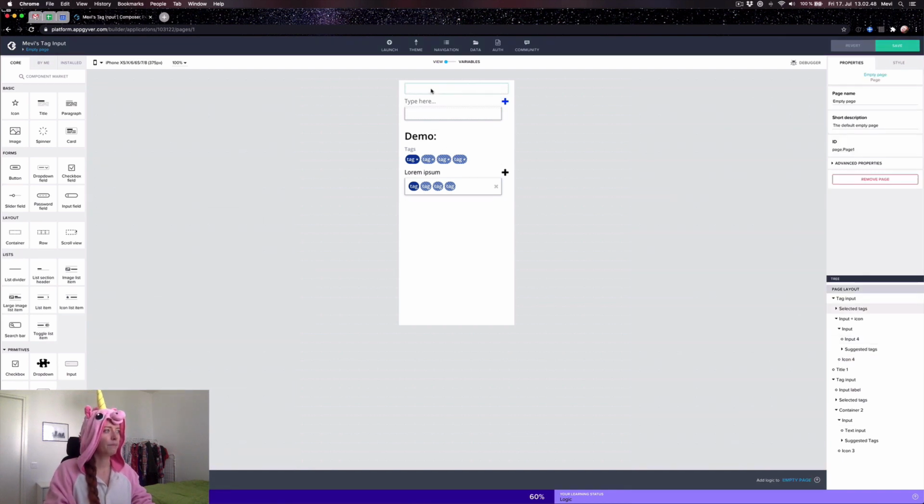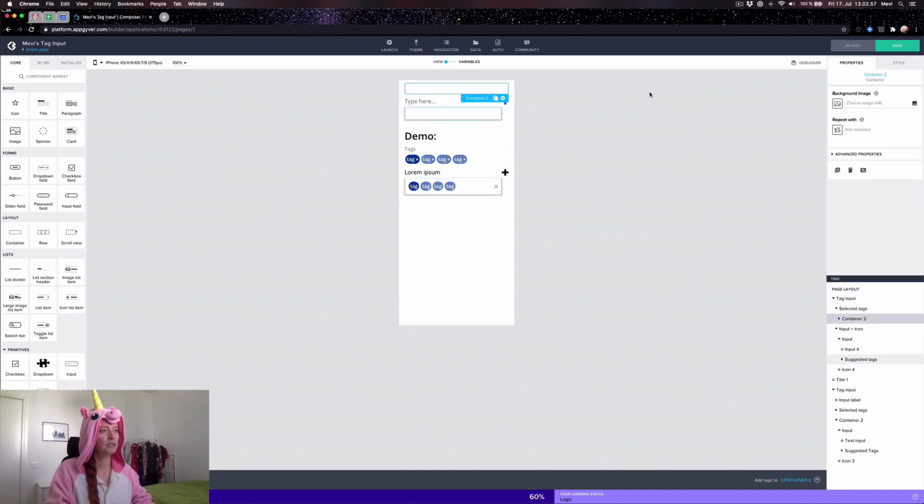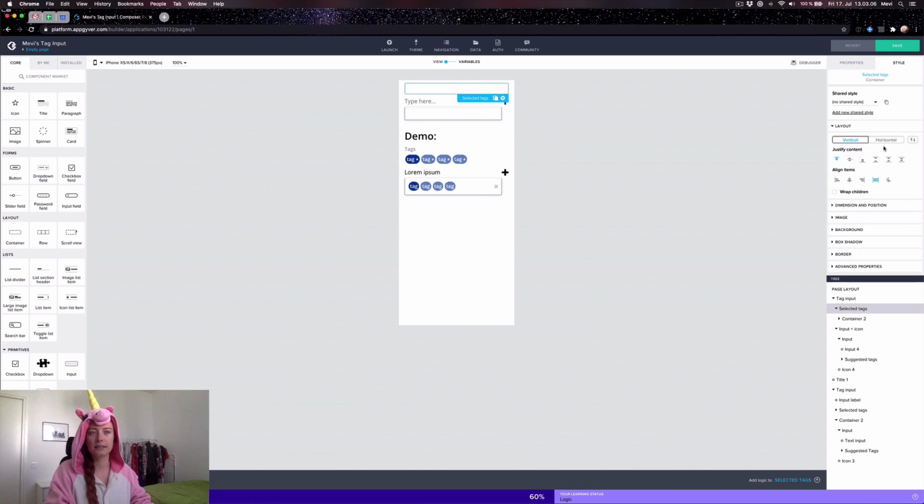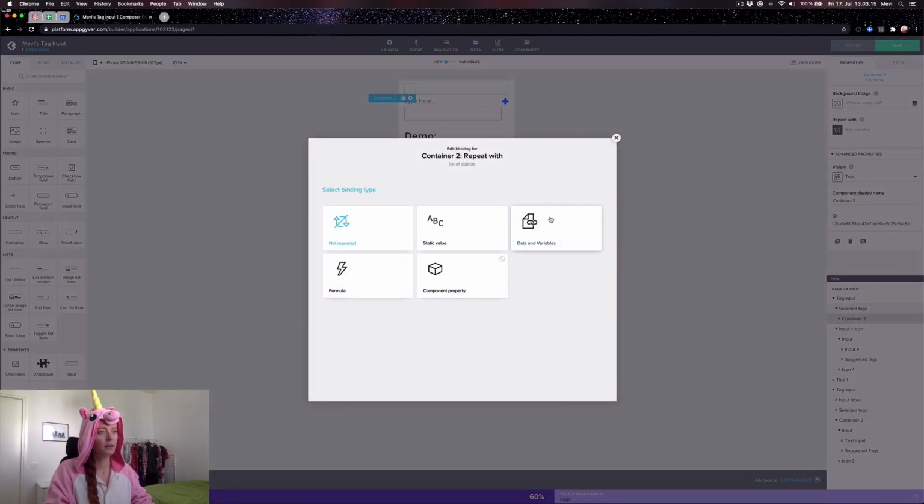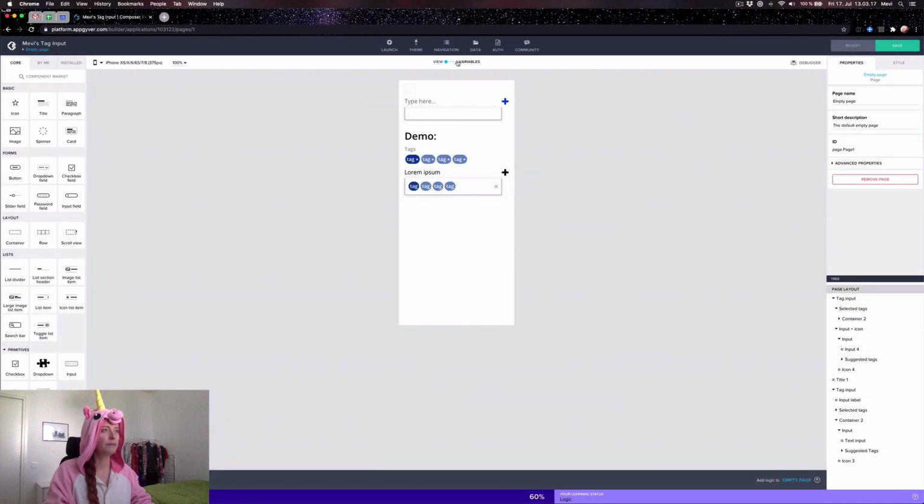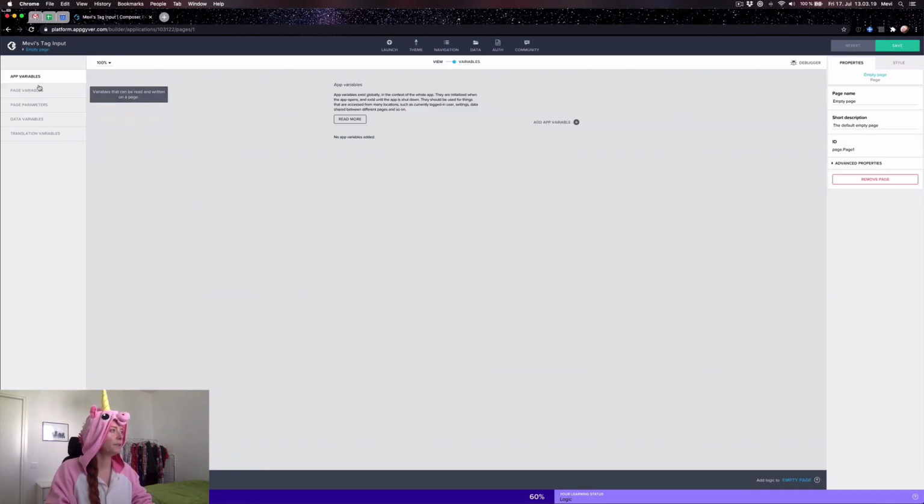Okay. Next thing here, I'm going to make the tag element, which will be reused in the selected tags and the suggested tags. This is, once again, a container. I will actually, at this point, make this selected tags container go sideways, because this tag container is going to be repeating with, oh yes, I have to show you first the data setup here. So